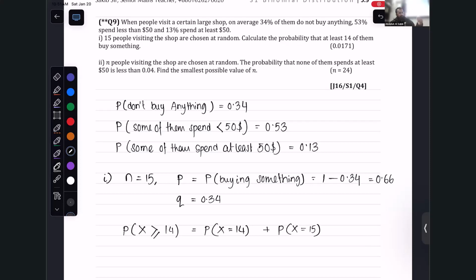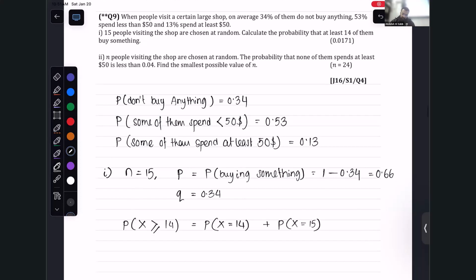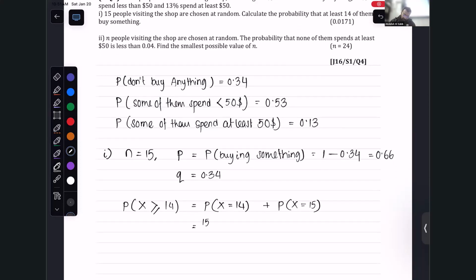Out of 15, I have to choose 14, and 14 of them will buy something, and one of them will not buy anything. That's the rule of the binomial distribution. The probability of success here is 0.66, and the probability of failure is 0.34, plus